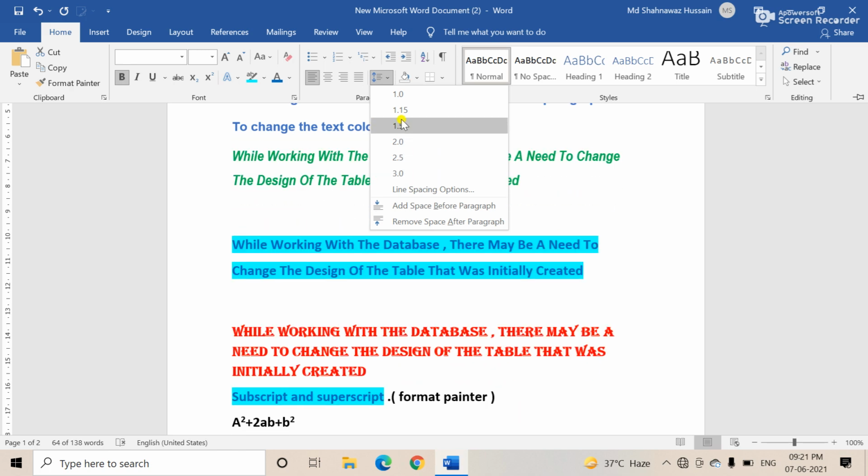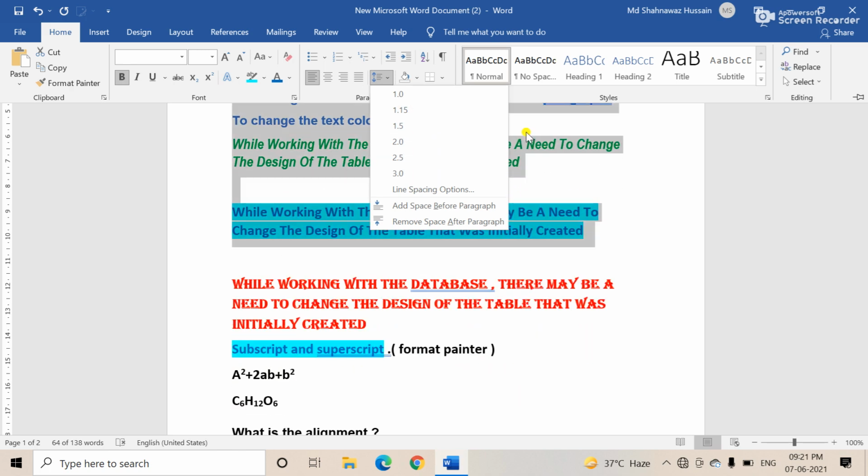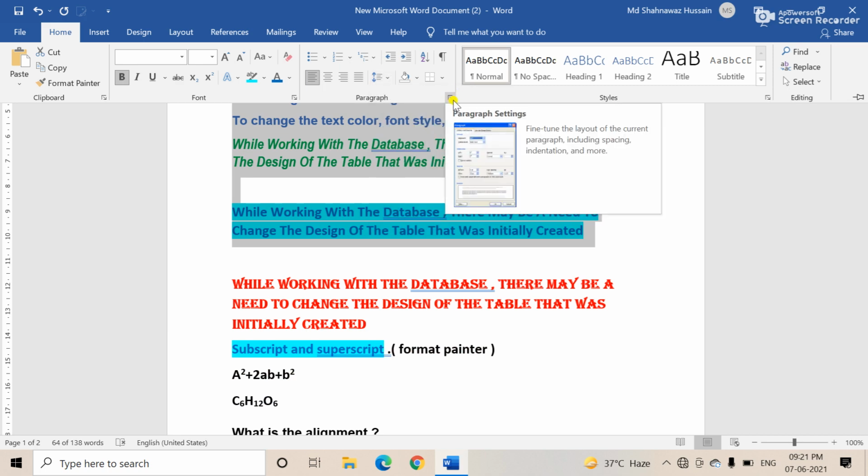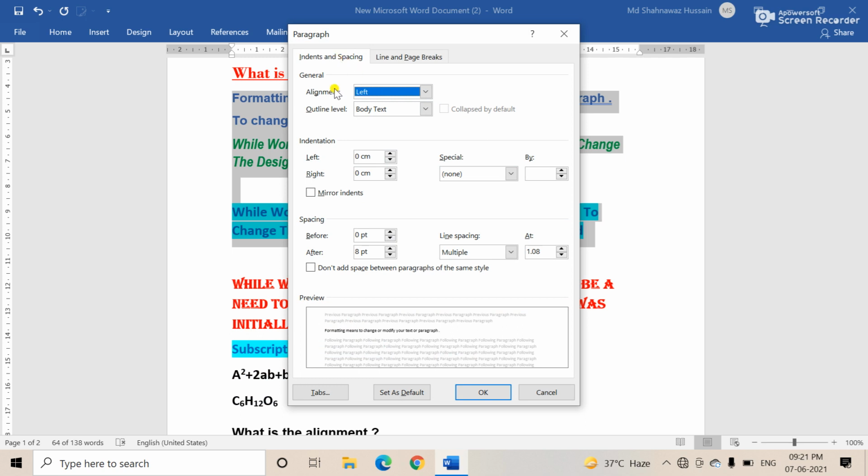This is there by default, but if you want to add more, then click here, where the points are, and all the options are there, left side or right side, after or before your text. You increase it like this, see, the effect is coming.